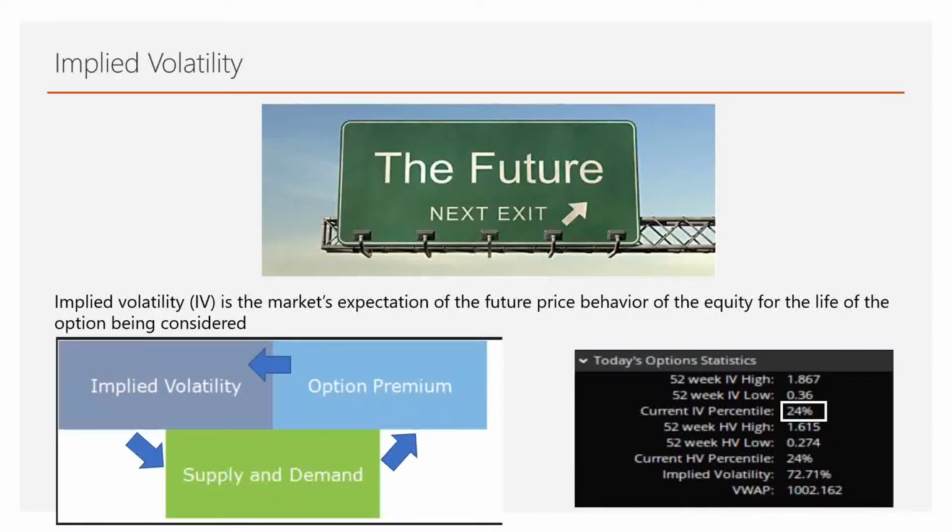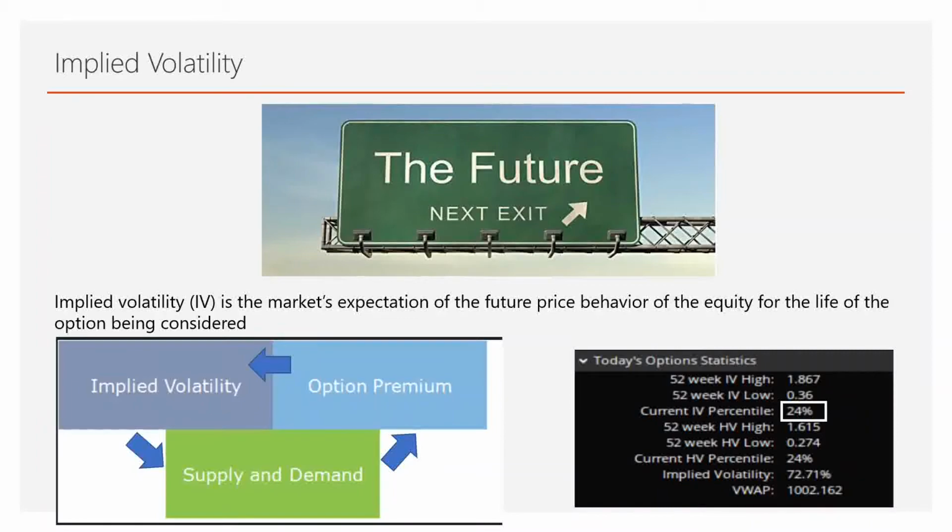But if the current IV percentile is more than 50%, then option prices are extremely high, then it's a good time, or high time, to sell. Sell call or sell put. If you expect the stock price to go up, sell put. If you expect the stock price to go down, sell call. Alright.